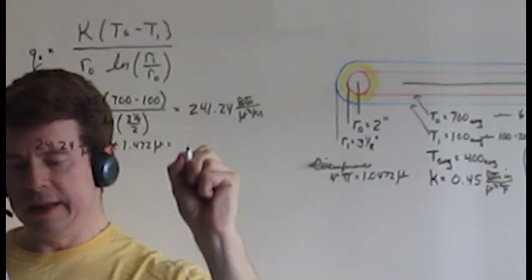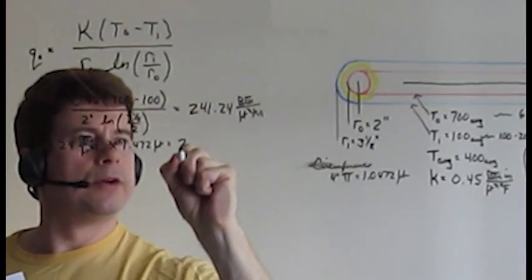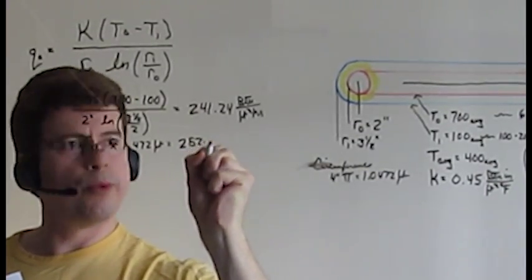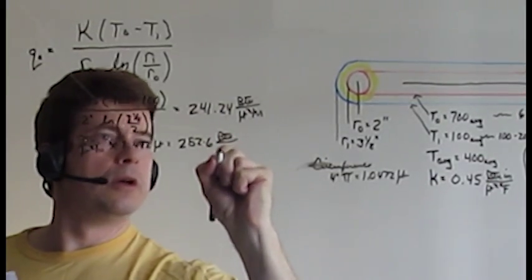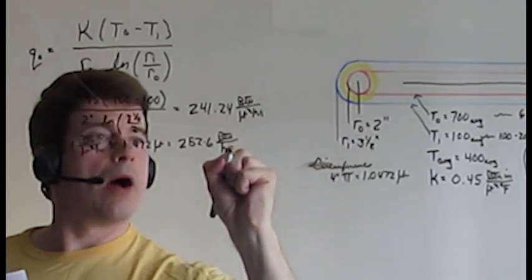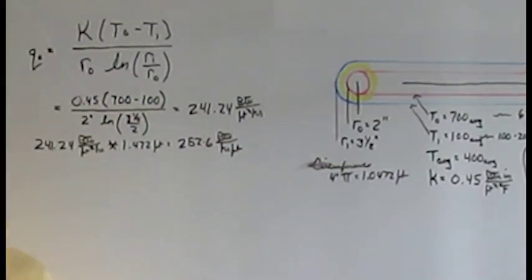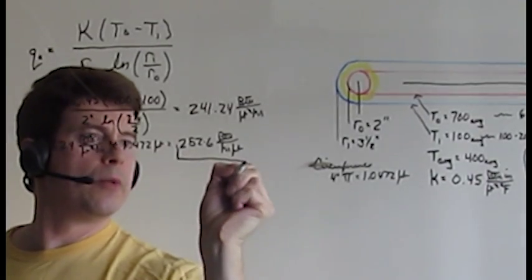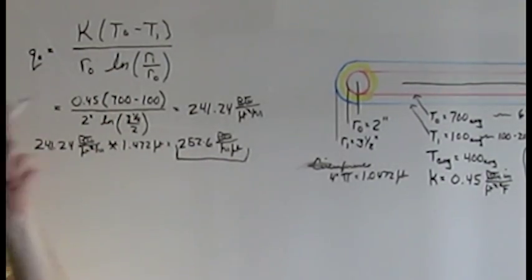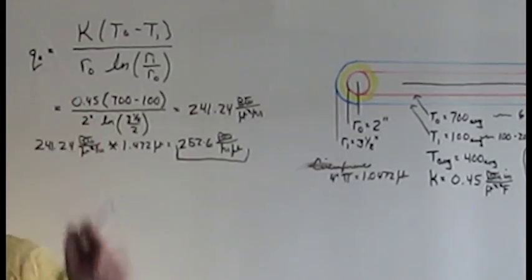That gives us a linear foot loss of 252.6 BTU per hour per foot. Okay, so this gives us our first number that we need to compare. Now, switching this over for